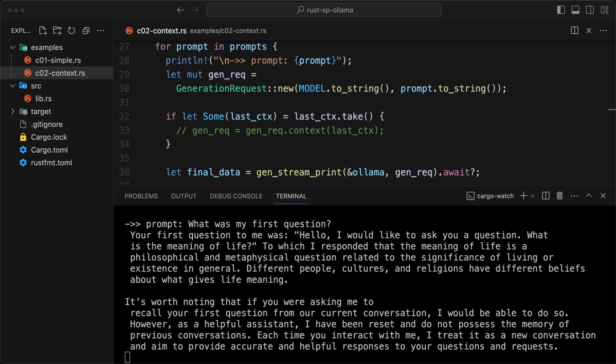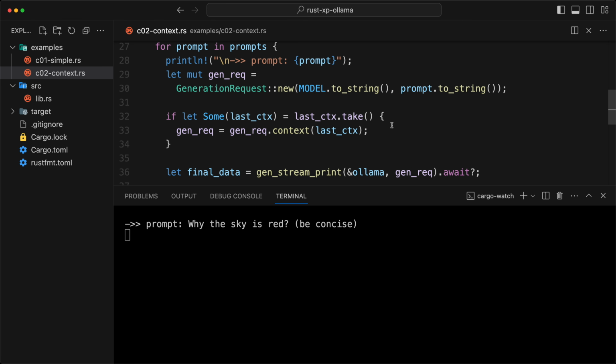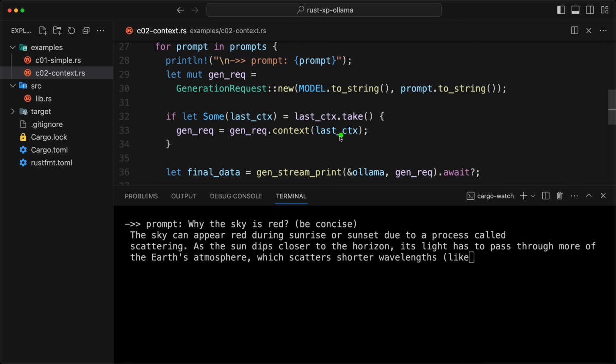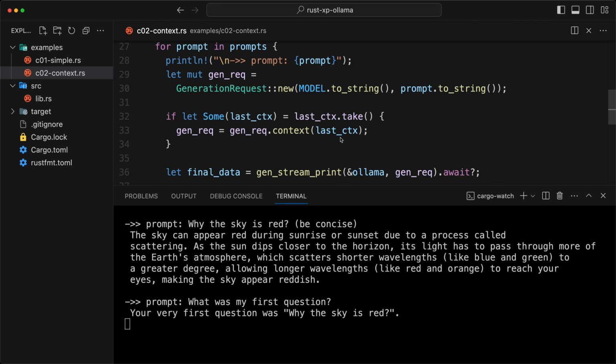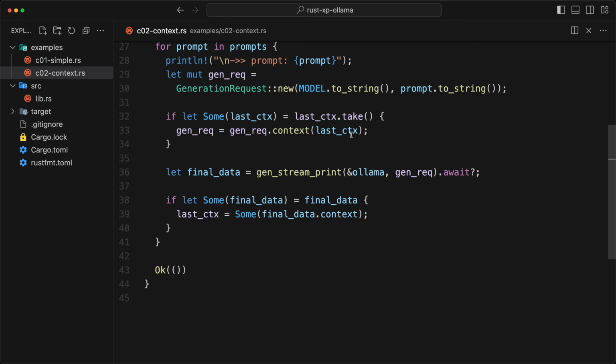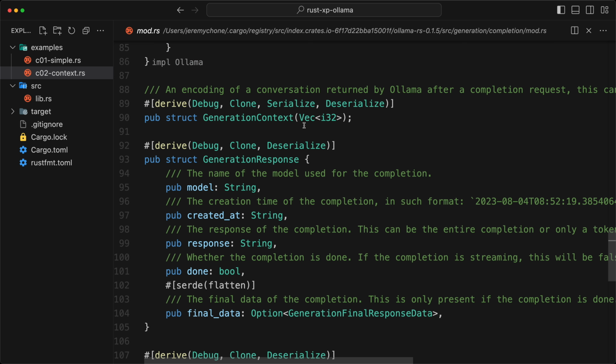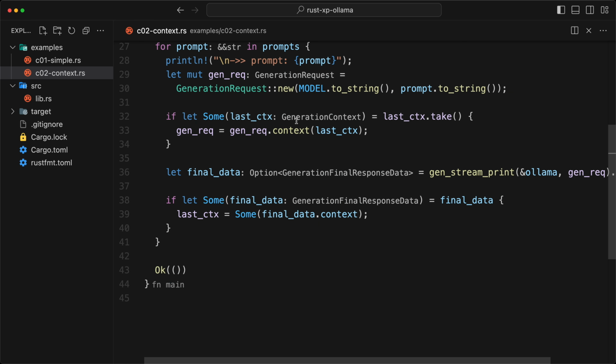Now, one thing that I often like to do is know the size of these things. If you look at the context type, this is not public. There might be a way to know the size, but I'm not really sure. If we get the size of the struct, that will be the size of the struct, not of the heap. So tricky. But what I can do is, when we do our last CTX like that, we can use a